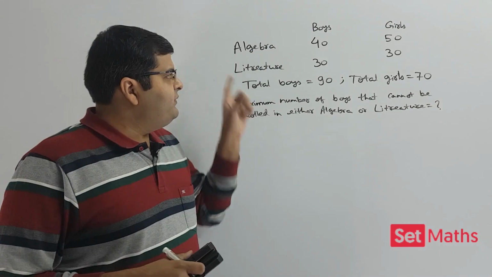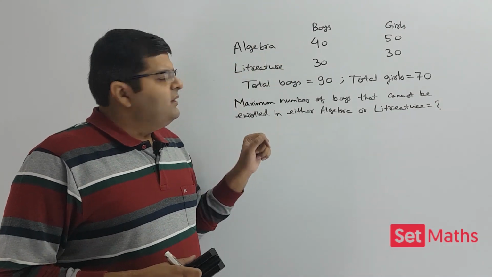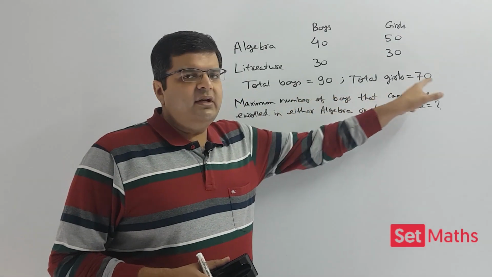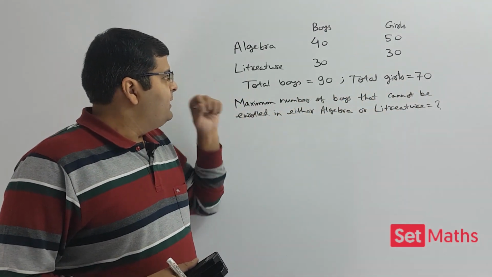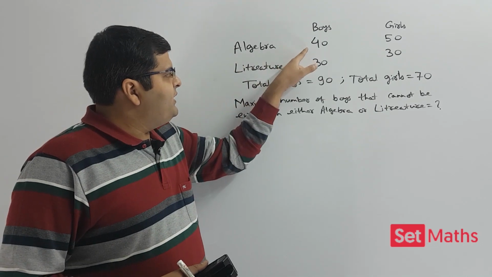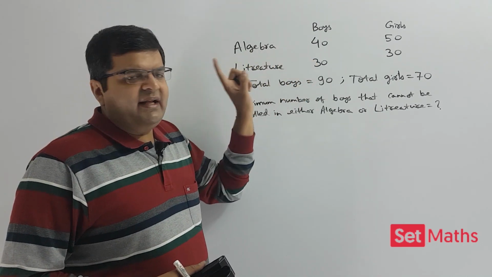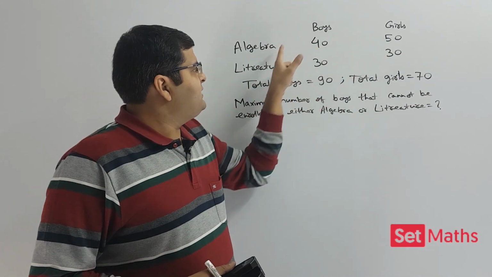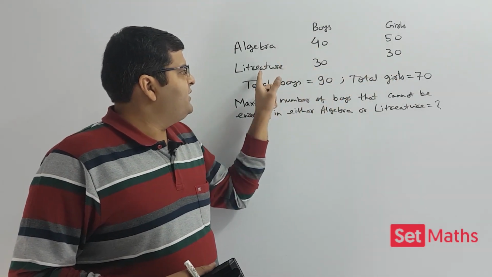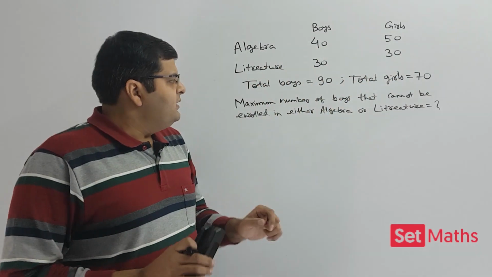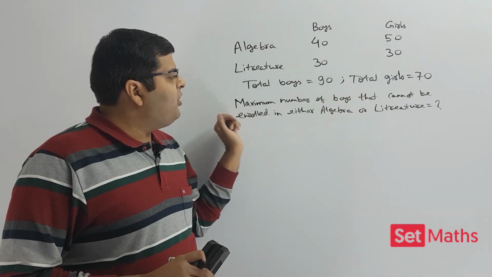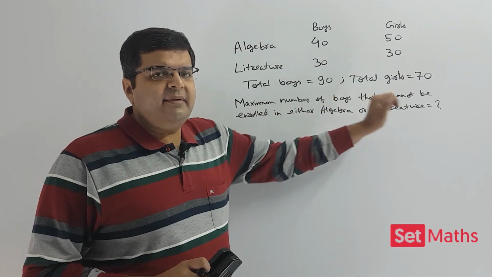Okay, so in this question we have this table. What we also know is that total boys are 90 here and total girls are 70. So 40 boys out of these 90 boys are enrolled in algebra, 30 boys are enrolled in literature, 50 girls are enrolled in algebra, 30 girls are enrolled in literature. Now we have to find the maximum number of boys that cannot be enrolled in either algebra or